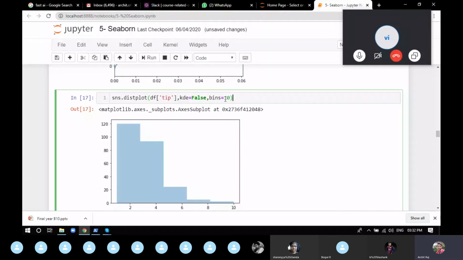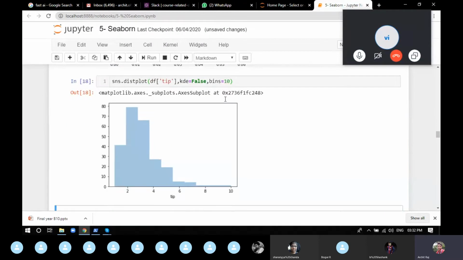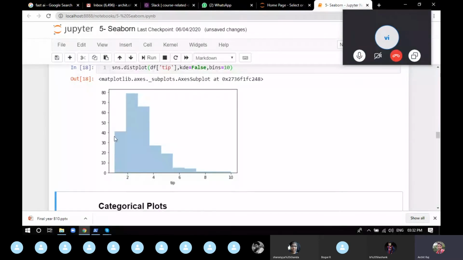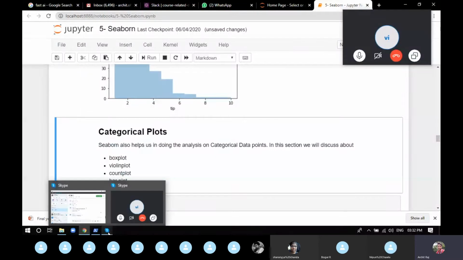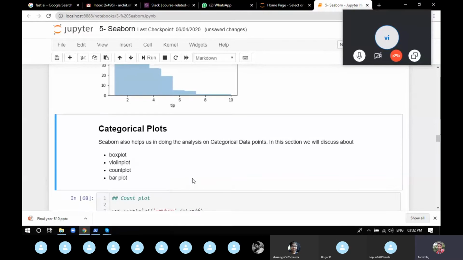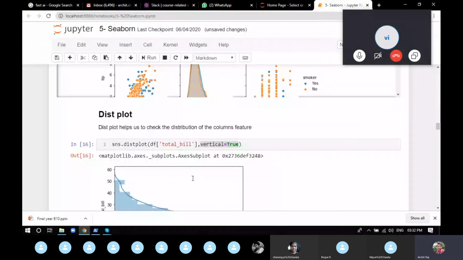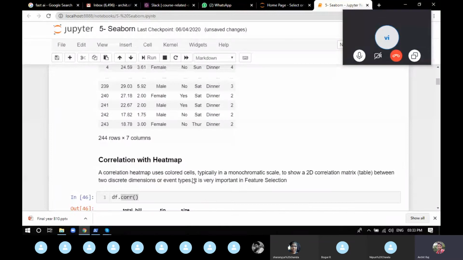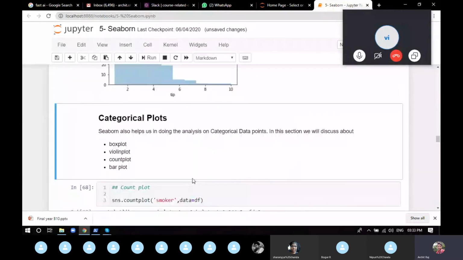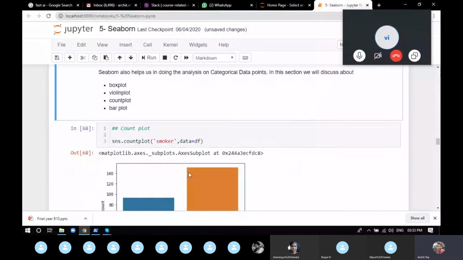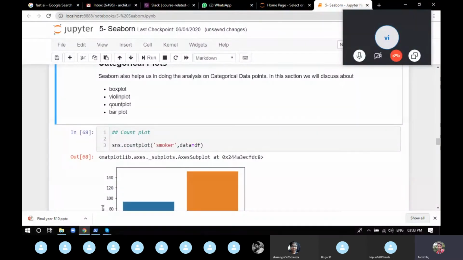Now we have learned about what plots you can do for continuous data. Now we'll come to categorical plots. For categorical plots, we have so many options like histograms, violin plots, bar plot, and I guess you remember the bar plots which you have seen in Matplotlib. The bar plot of Seaborn is going to be exactly the same, but the only thing is Seaborn gives you many more options or functionalities in which you can play around and get to know more about the data.